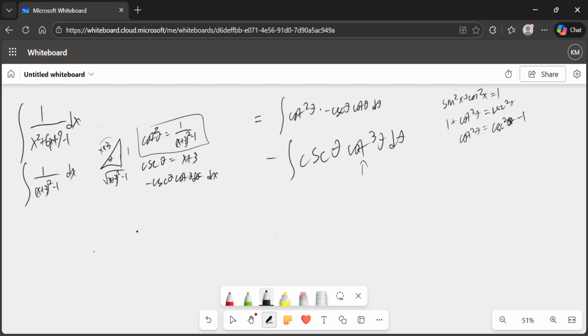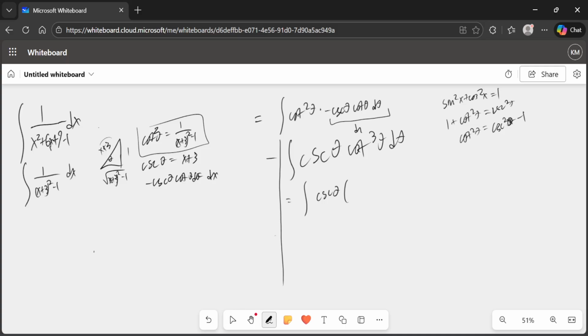Okay, would that help here? Yes, I think it will. So it's worth a try. So I'm just going to put the negative off to the side right now. This is equal to the integral of cosecant theta times